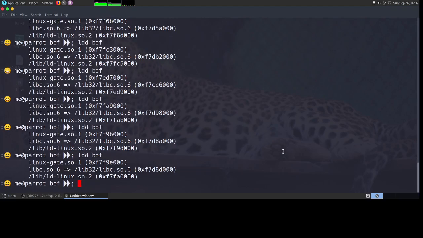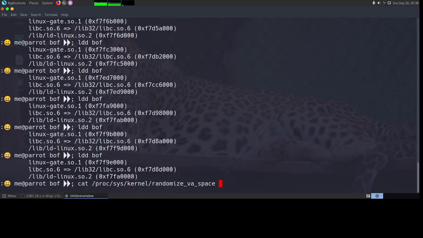Now the interesting thing is that it only changes the last 6 bits. This is the base address where the libc will be loaded. So the base address of libc will be changing when you have ASLR enabled, but the first 2 bytes of this are not changing. So this is just 6 bytes of randomness that you have in the loading of the base address of libc. So it is very much possible to do a brute force of this if you have sufficient time in hand.